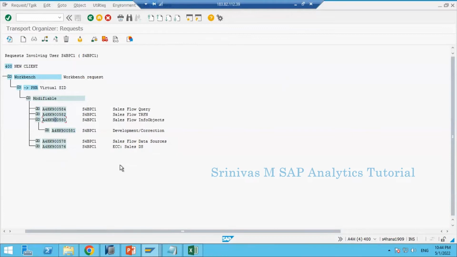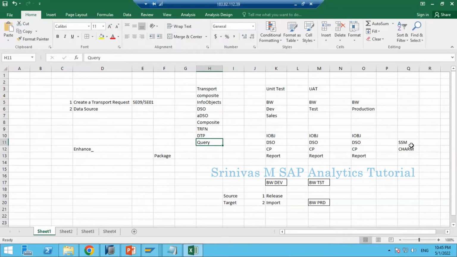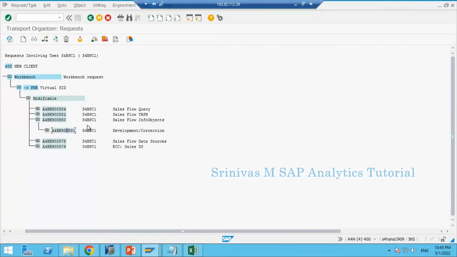If the transport mechanism in your project is a manual mechanism, meaning people will release manually, then you do manual activities. But when you use tools like SSM or ChaRM tools, it will be done via a graphical interface directly from the tool. You won't come here for anything. Maybe the only thing you do here is release the subtask manually, and the main TR will be released from the ChaRM tool. So now I'm going to release this